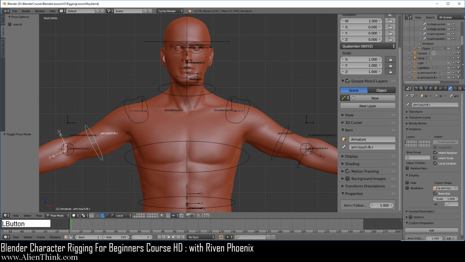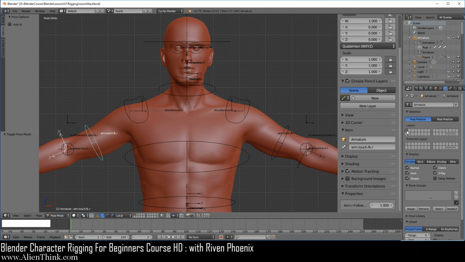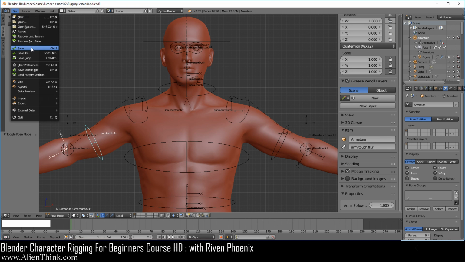Okay, so what I'm going to do is just make sure that over here, just like to collapse this, and here we're still going to leave the figure unselected. So this layer is on over here. Go to the Data tab and make sure that this layer is on. This is set to local, and this should be on median point. Okay, so here we're just going to do File and Save.